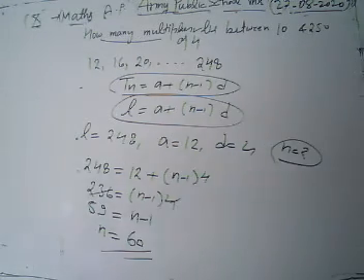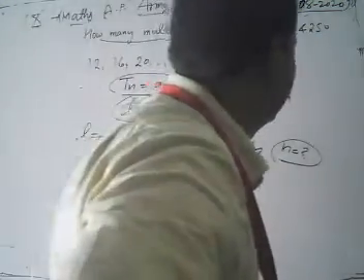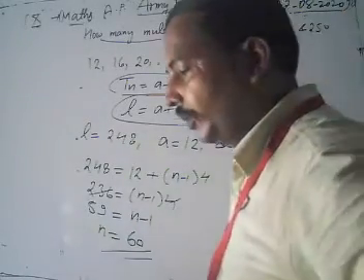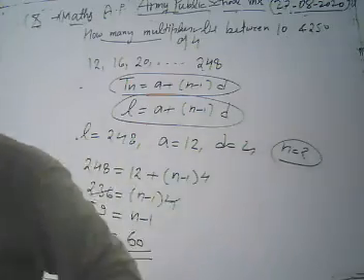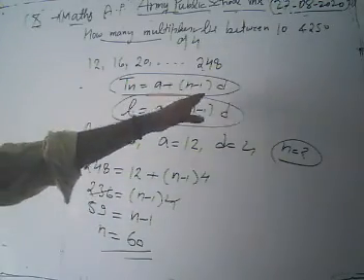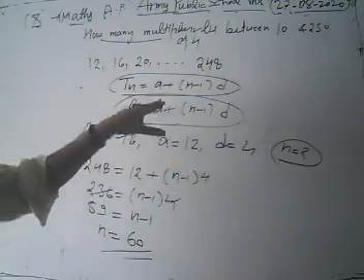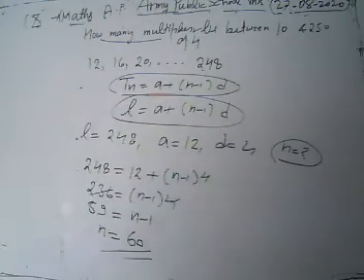Then look, we have a problem. We have to find out the number of multiples which lie between 10 and 250 and are multiples of 4. We start with 12 and 16 as the first terms of our series, and we find the numbers between 10 and 250 which are multiples of 4.